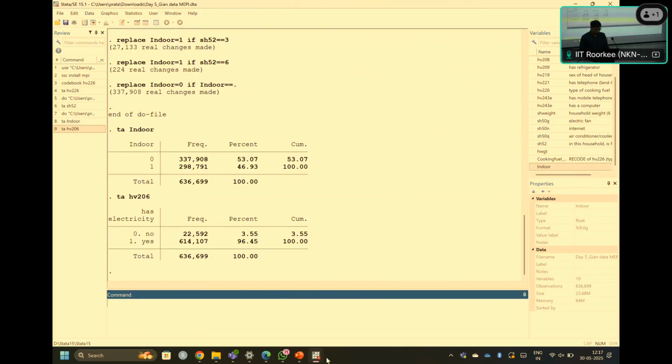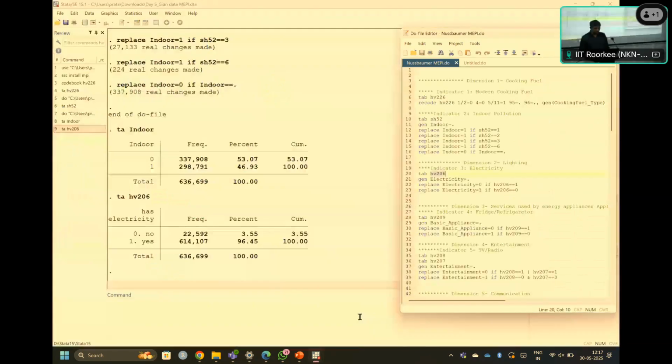So now using this, we are creating a variable electricity with one. We are making it one if the household has no electricity, so that we can estimate correctly for the deprivation aspects.